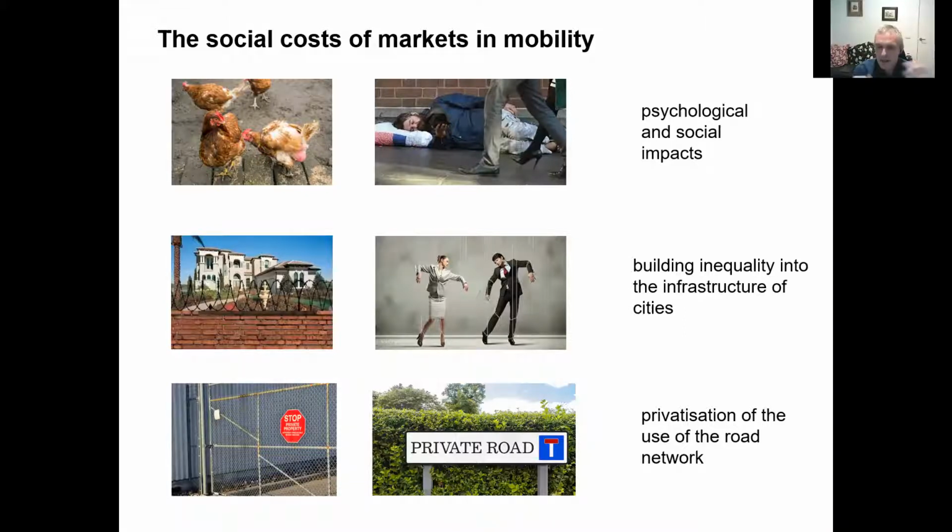It's also likely to result in private corporations controlling access to a good that is essential to social and political participation. So we think, and our argument is in part, that it's appropriate that governments should step in and regulate operations in markets in goods where they're impacting fundamental social goods such as mobility.